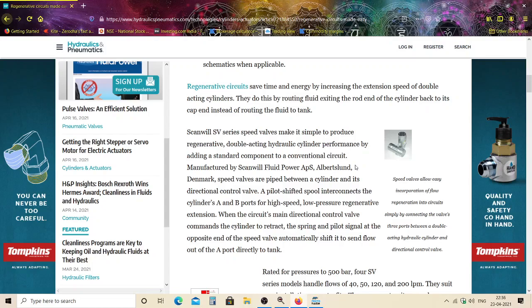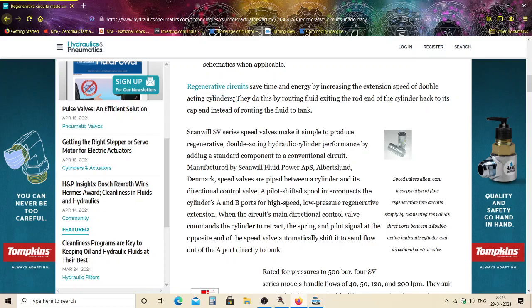In a regenerative circuit, the extension stroke generally gives double the output as compared to the basic circuit. Why? Because a regenerative circuit saves time and energy by increasing the extension speed of a double acting cylinder. In most hydraulic applications, double acting cylinders are widely used.